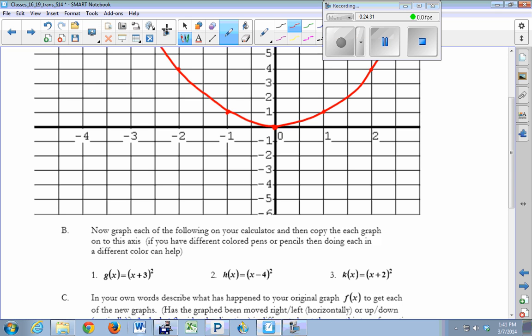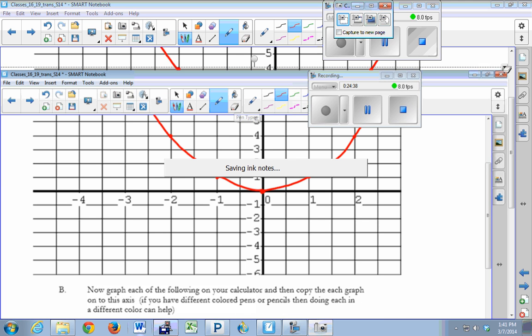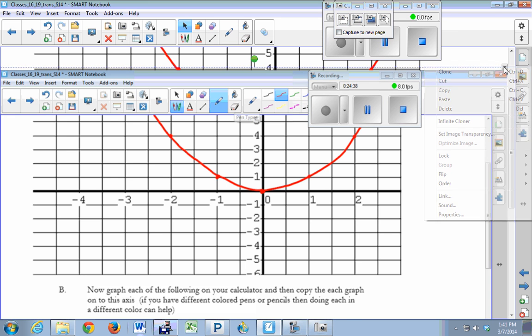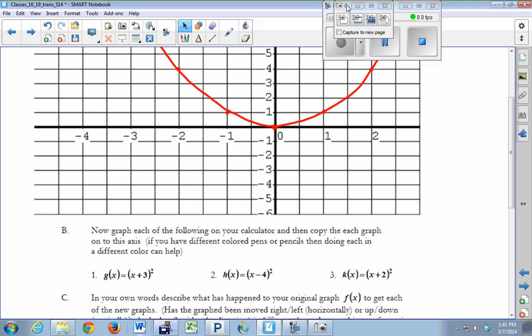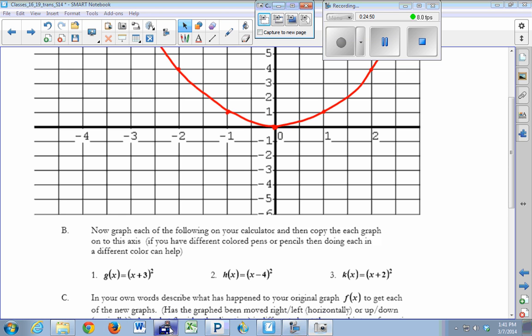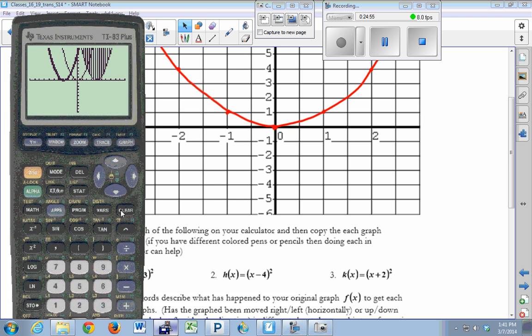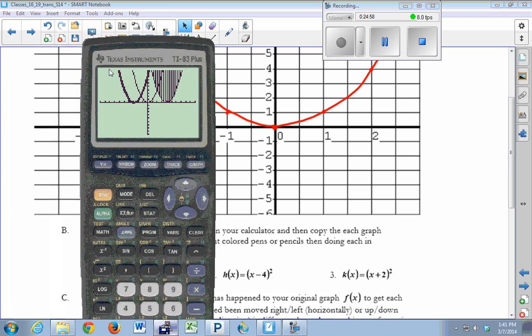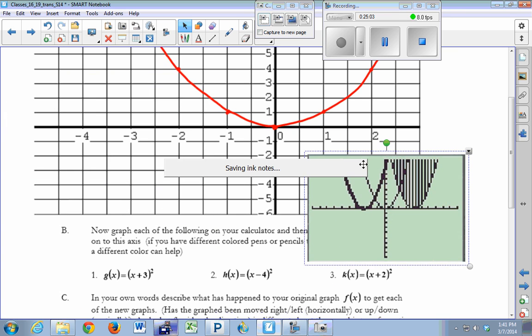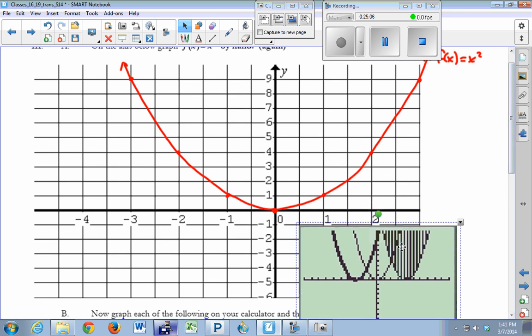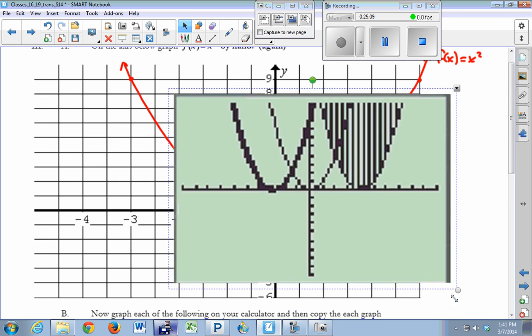So let's, I want to get my camera up here. I always do this. I always do it in the wrong order. So let me fix this. I have to have my camera available before I do my picture. So let's say I want to get a nice picture of these graphs off of my graphing calculator here. So let's capture that. There we go. And we can put it on here. Okay, so let's see. Blow this up.